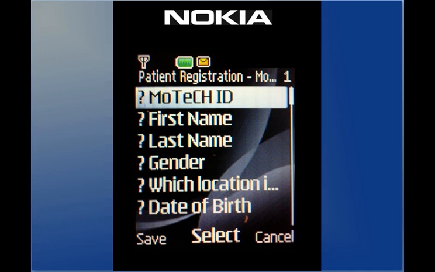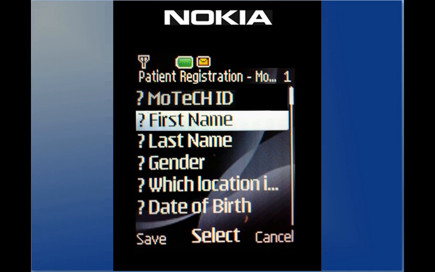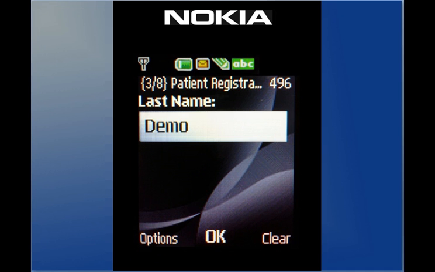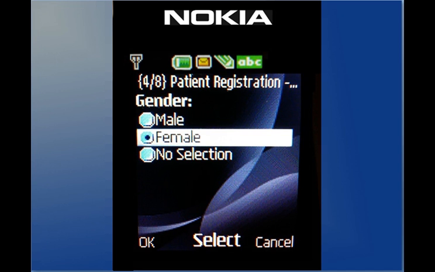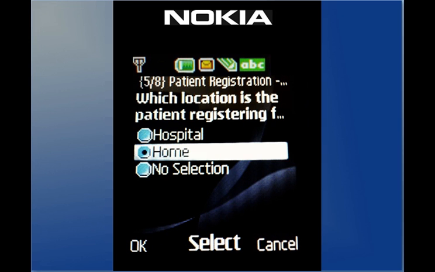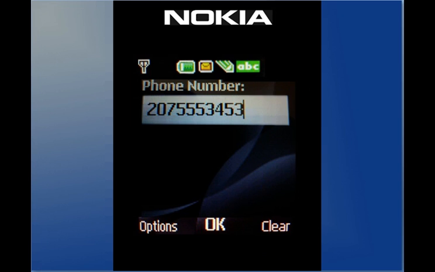And here are the fields for the form. We first need to enter a MOTECH ID, which you may recall is a 3-digit number. Then enter a first name, Kristen this time. Last name is Demo. Gender, female. And it's going to ask me which location the patient is registering for, and I'm at home, so I select home. My date of birth, phone number,